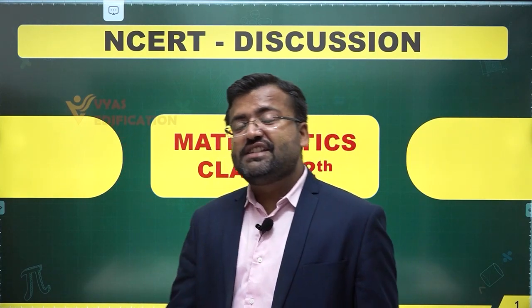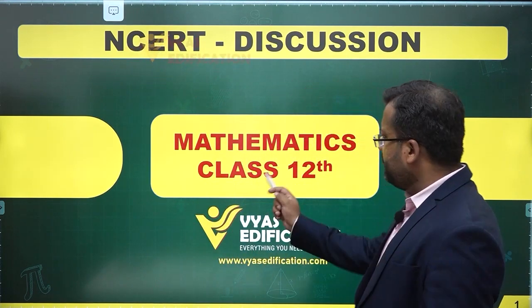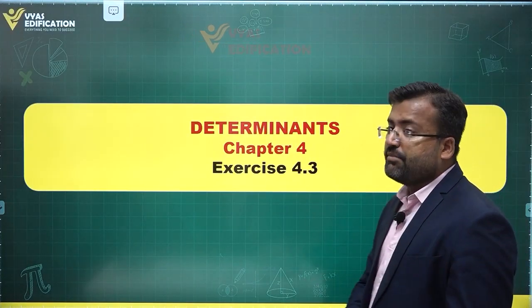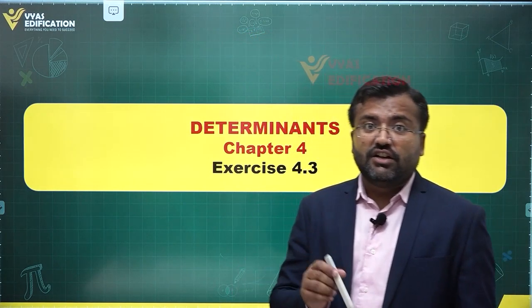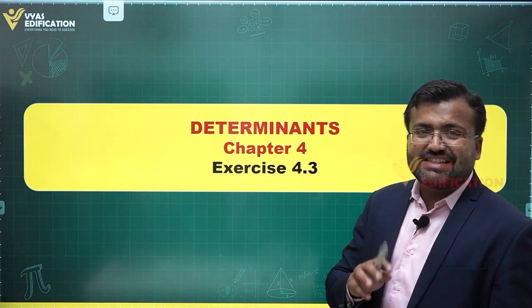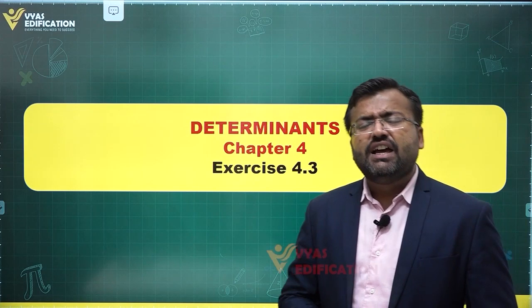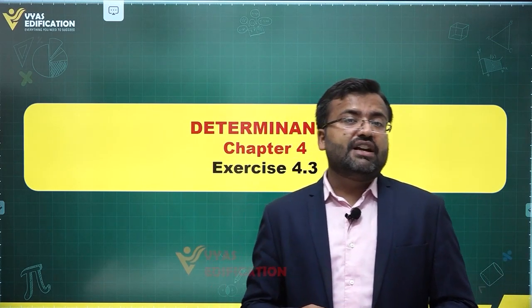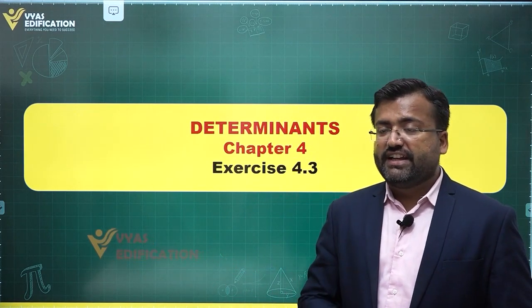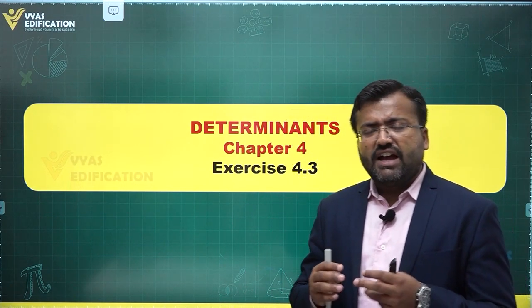In this series of NCERT discussion, we'll be beginning the exercise 4.3 from Mathematics class 12th based on the chapter Determinants. Today is the turn of exercise 4.3 and we'll be discussing all the questions associated with this exercise one by one. The topics that are covered in this exercise are related to application of determinants, something called area of a triangle. Yes, how do you find area of triangle given the coordinates of 3 points, and given the area,